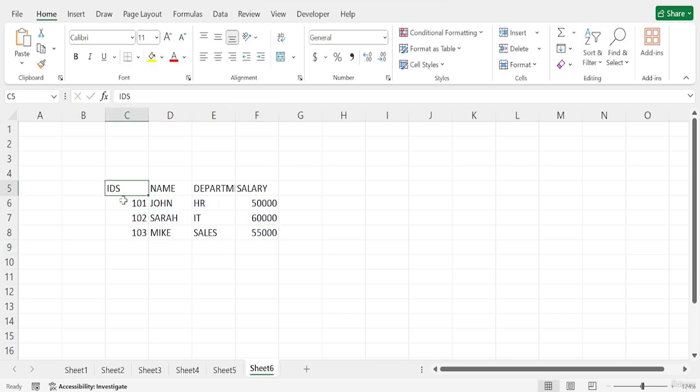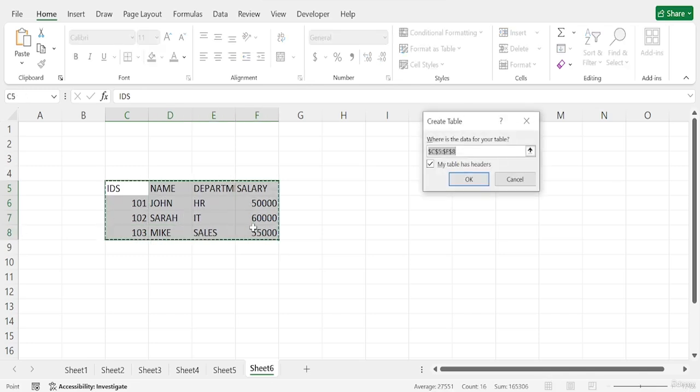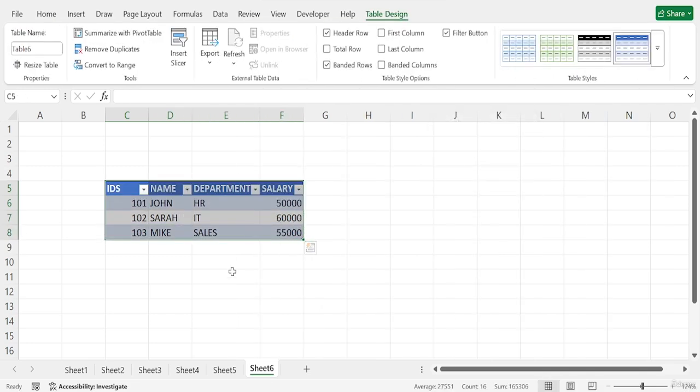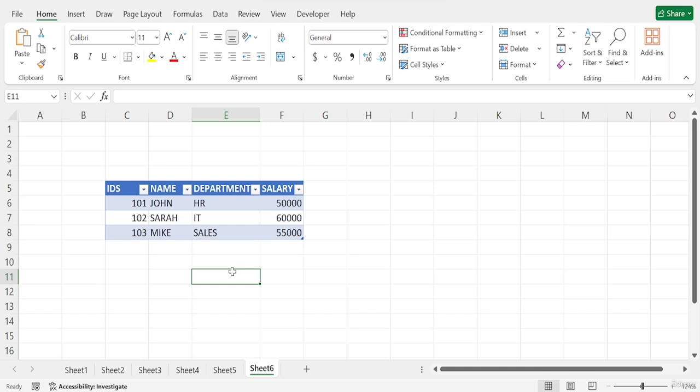I will make this a table by pressing Ctrl T. So this is my short data set, and now I will use the lookup functions.